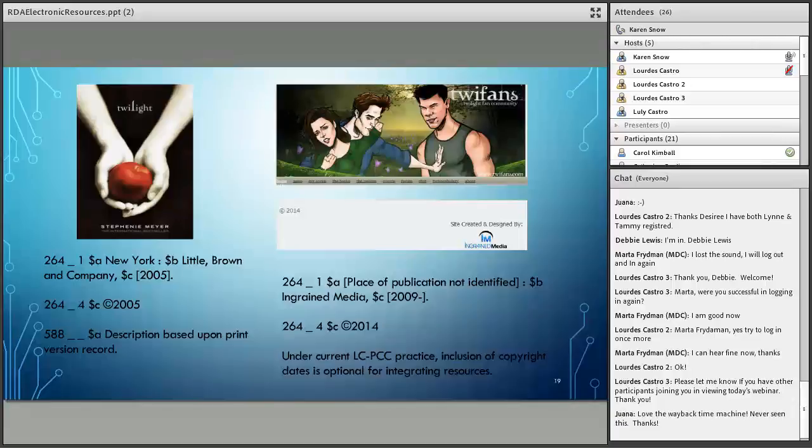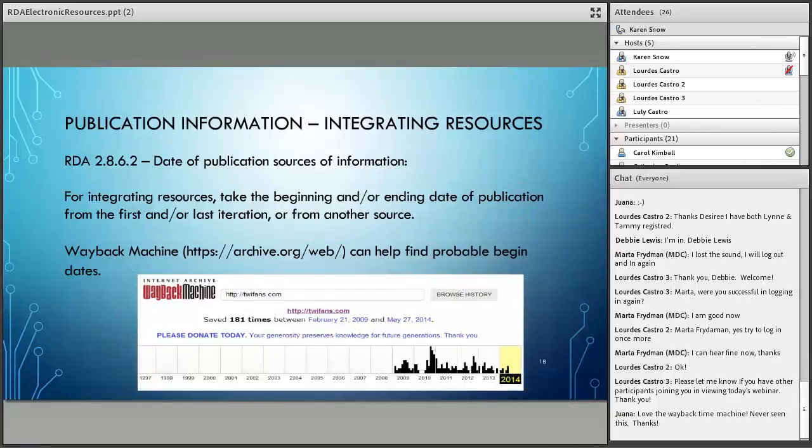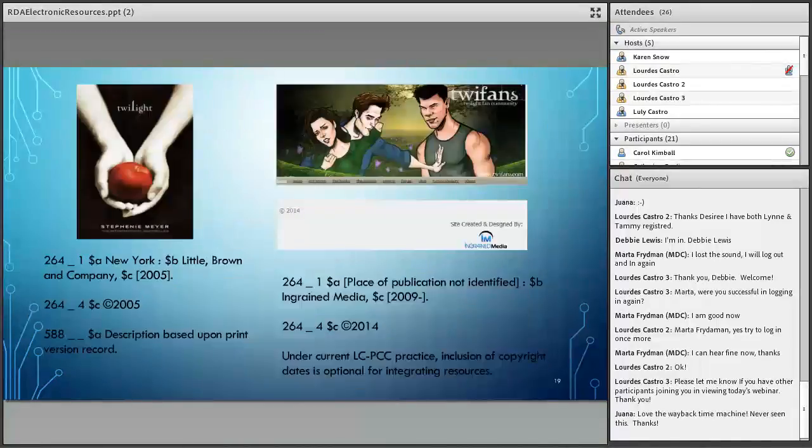Oh, good. Okay, yeah. So Wayback Machine, that's a very super duper handy little website. So yeah, make sure you take down that URL if you're not aware of that. Very, very cool. And then I just placed a publication not identified just because I couldn't quite find it. Obviously you can look up the company name, Encoding Media, but it really depends on how much time and effort you want to put into it.